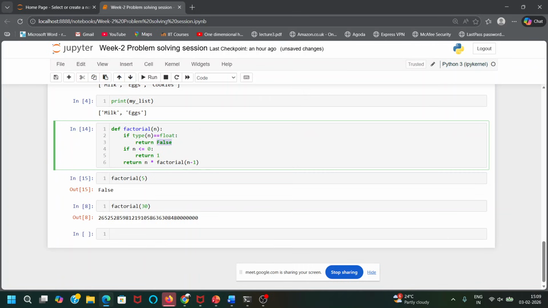Like I can also write, print the given number is a floating point, or a decimal, something like this.